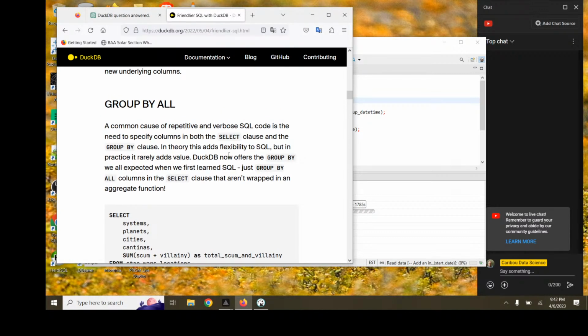A common cause of repetition in verbose SQL code is the need to specify columns in both the select clause and the group by clause. In theory, this adds flexibility to SQL, but in practice, it really adds verbosity. DuckDB now offers the group by all